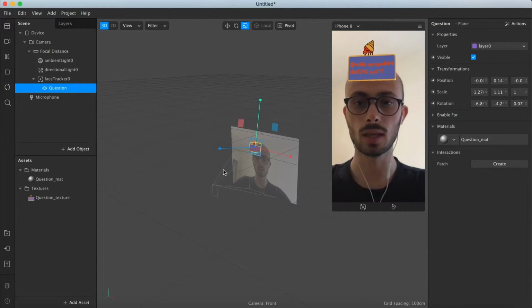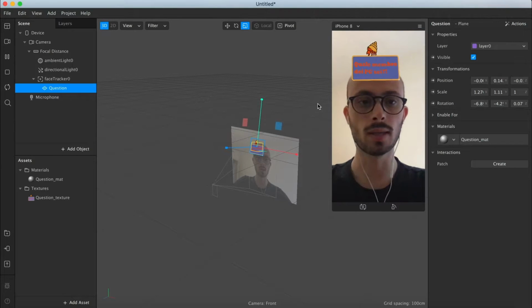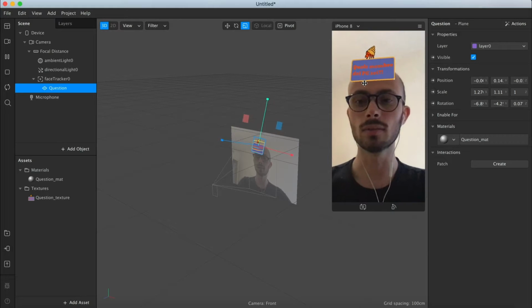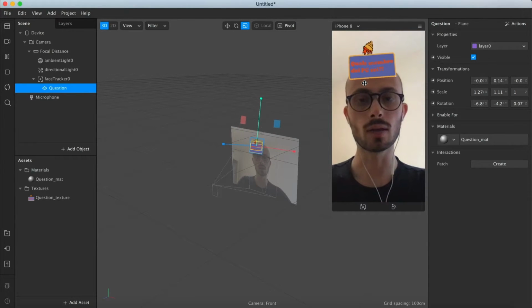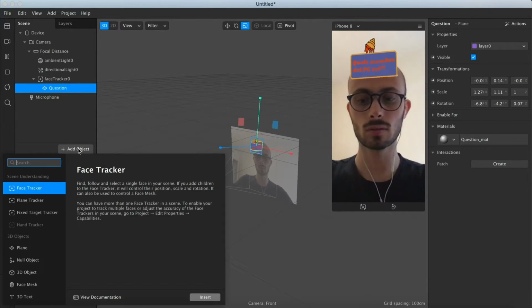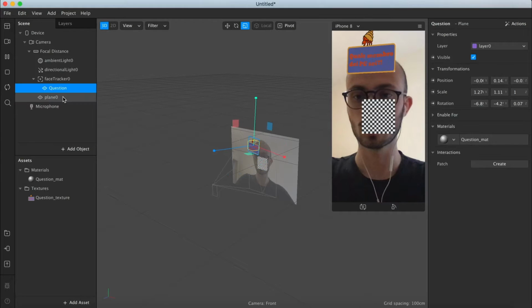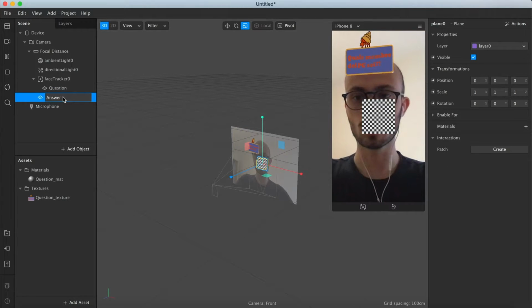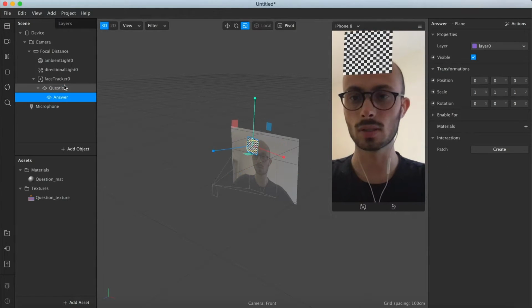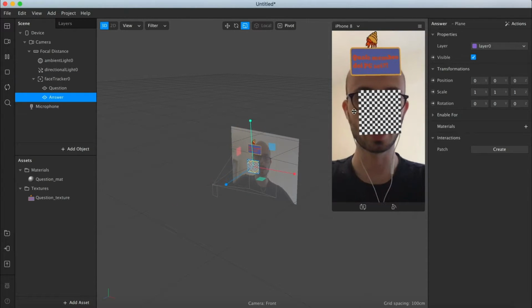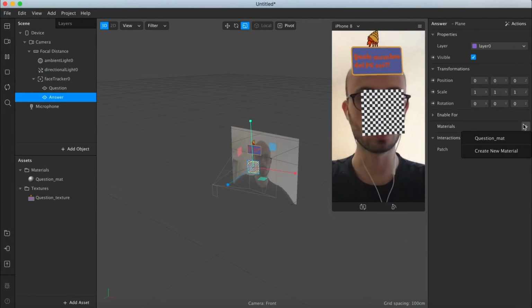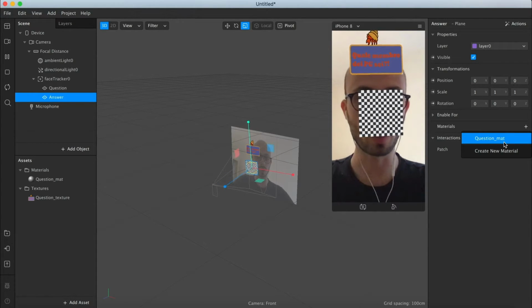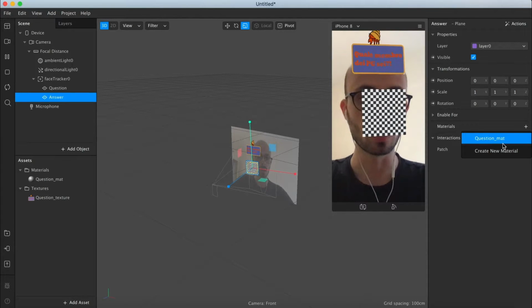Now what we need is the second panel. So when the animation starts, this panel will be hidden, and the answer panel will be shown instead. So let's add another plane for that. Answer, say, always inside the face tracker, and again this one will need an answer material,